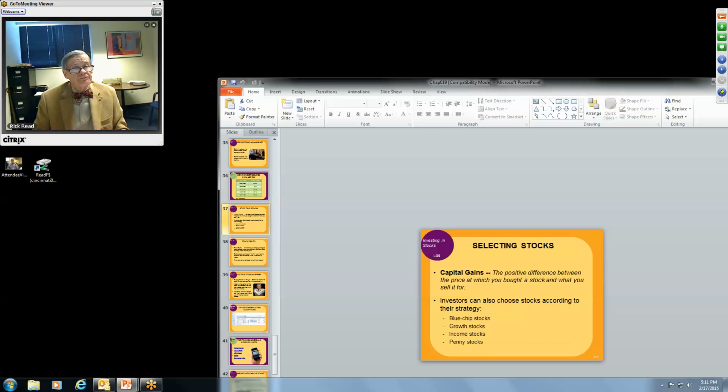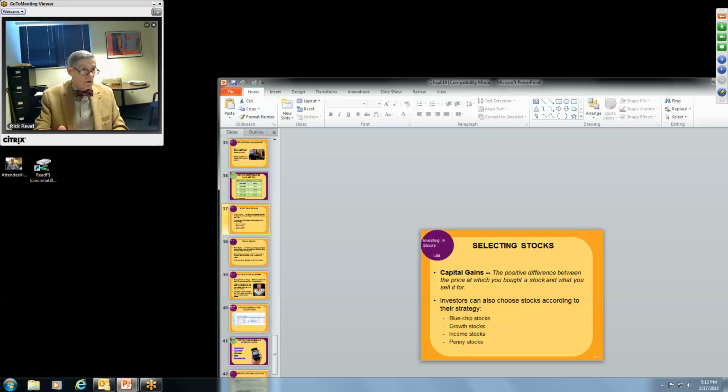market, Standard & Poor's. Capital gain, that's the difference between what you paid for a stock and what you sell it for. Now, capital gain obviously talks about something that's on the plus side, and then if you have a loss, there's a way you can take some of that off your tax, but I don't know what that is, and I'm not going to give any advice in that direction.